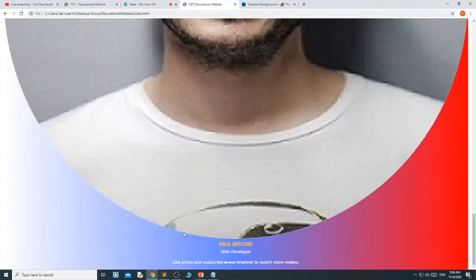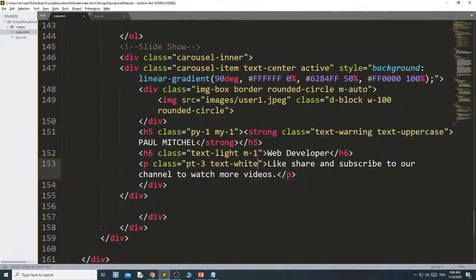Now these three we have designed. This is only one slide item, and I need three slide items. Then what we can do, we can copy from here, not from carousel inner. You have to copy from carousel item.